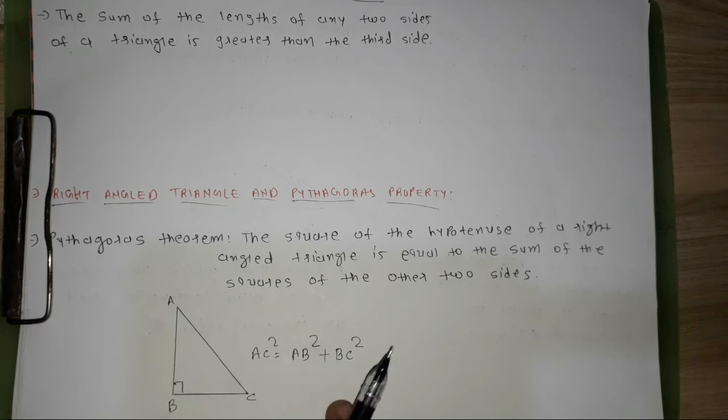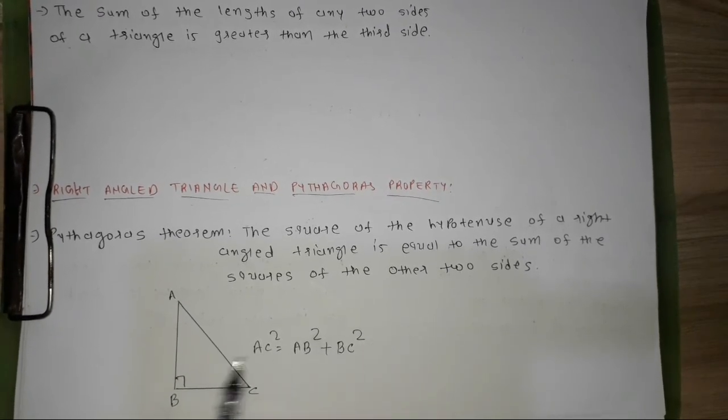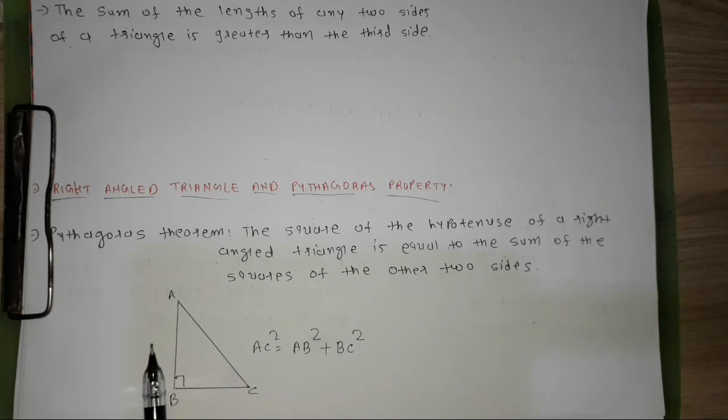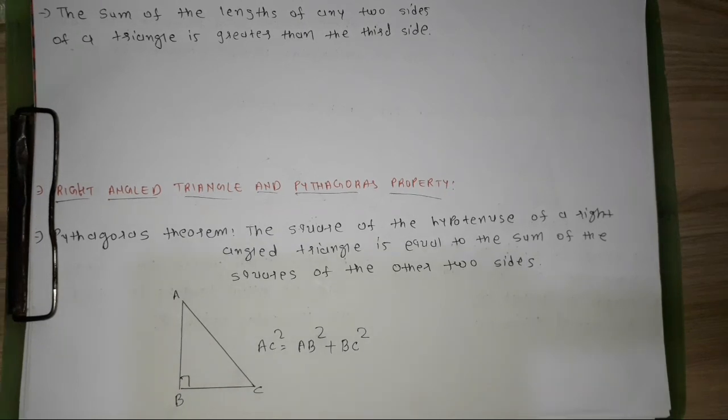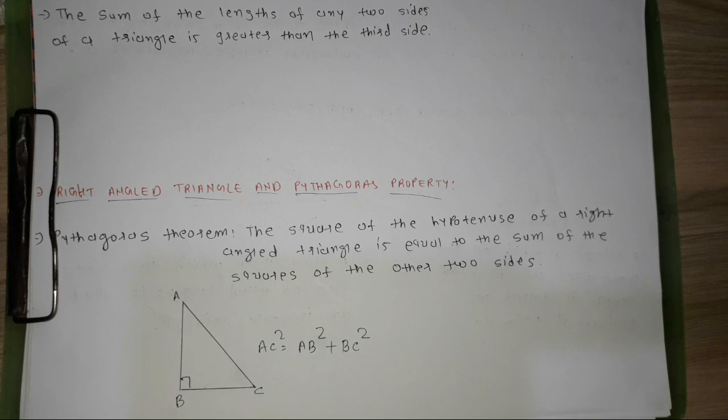You just need to understand that the Pythagoras theorem says that in a right angle triangle, the sum of the squares of two sides will be equal to the square of the hypotenuse, the third side. These two are our legs, sides AB and BC. So here we are completing the introduction of this chapter. All the questions in your exercise and all other related questions will be regarding the topics which were studied today.